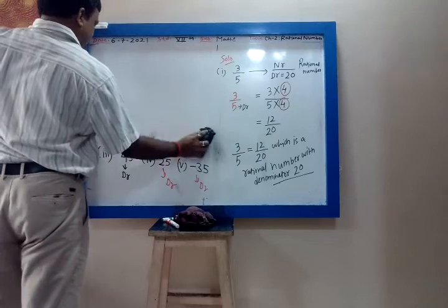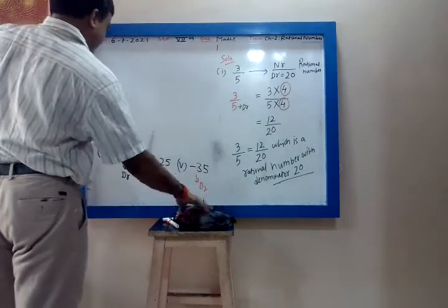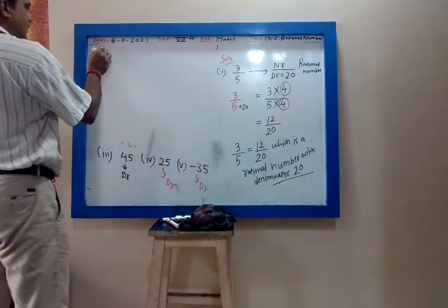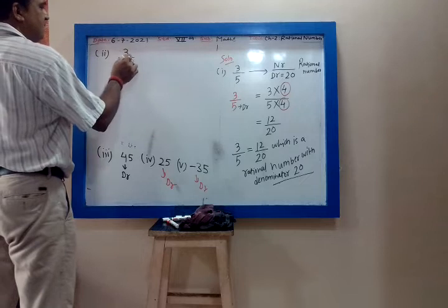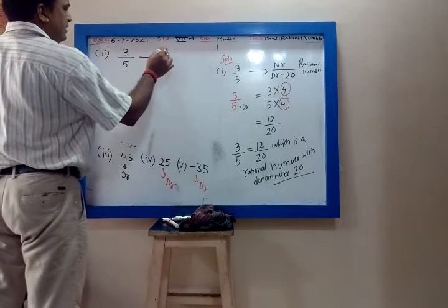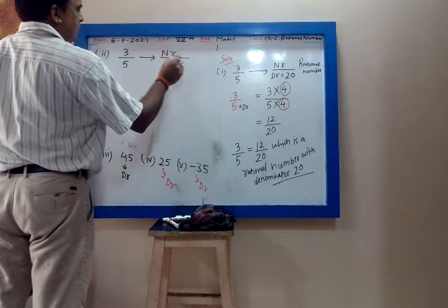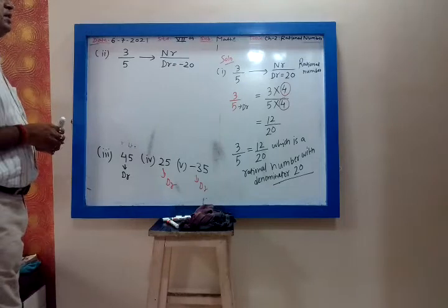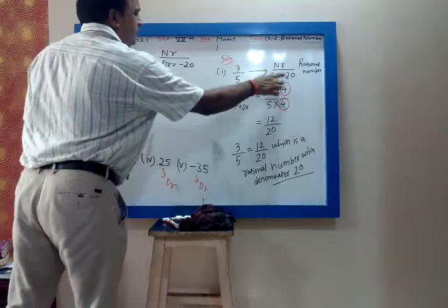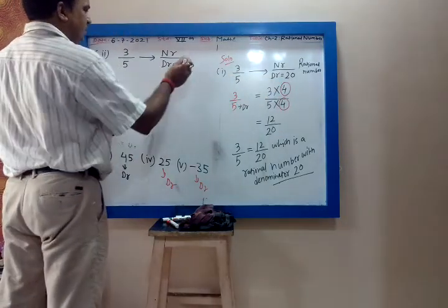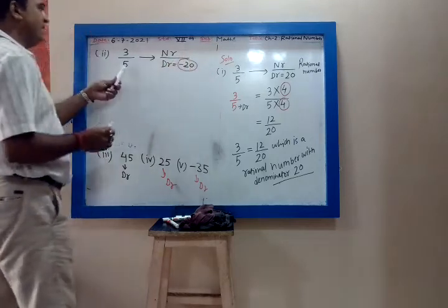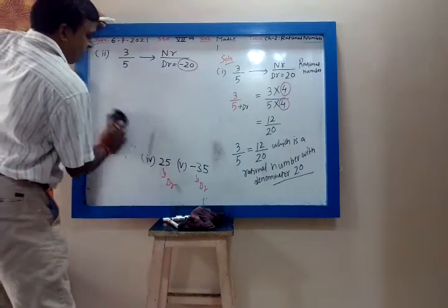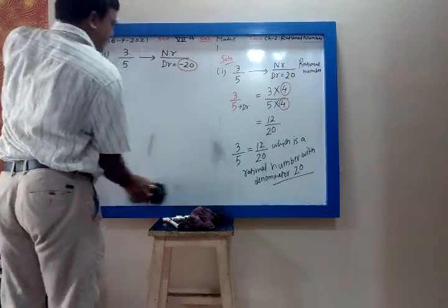Second, it is minus 20. So now, see this. Second, you are given the rational number 3 by 5. You have to convert this to a rational number, numerator upon denominator. Now you want denominator minus 20. Correct? So now this is 5, and the number is negative. Minus 20 is negative. So you will multiply 5 by minus 4.